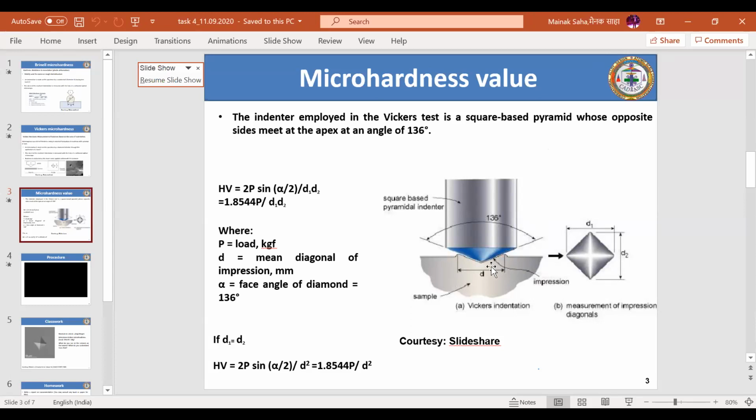So for that, again, you have to refer back to the first thing, that when I use diamond, see, diamond, I think you know, right? There is a special property of diamond. What is that special property? In terms of hardness, diamond is... you can speak up. The hardest material present. Hardest material present. So if you have any material, howsoever hard it might be, even alumina, Al2O3, which is